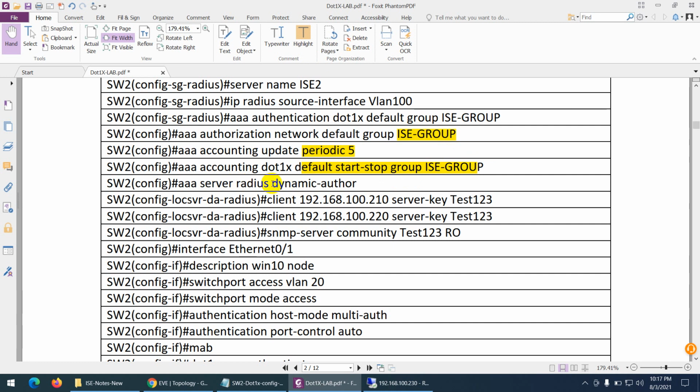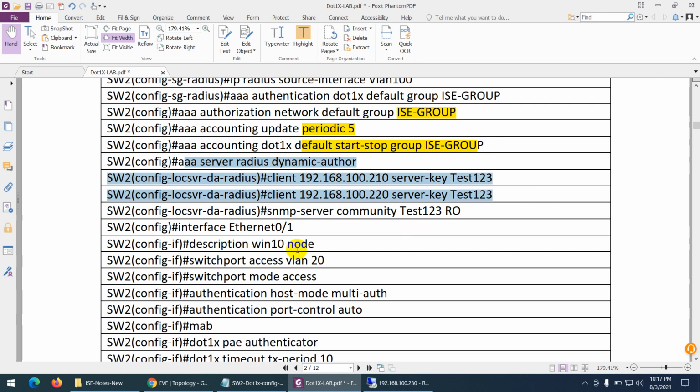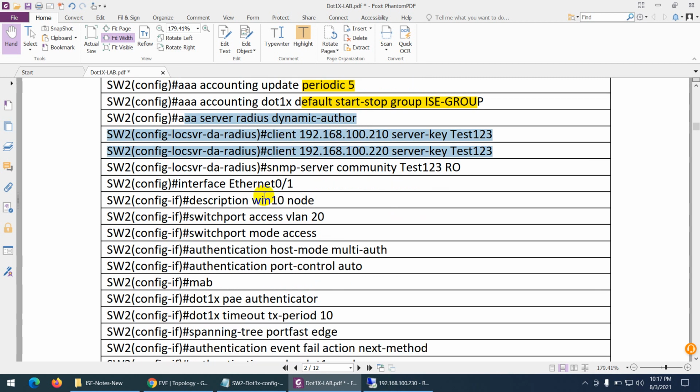Then radius dynamic-author, I will explain it later, by the way, leave this one. Basically you give authorization to ISE to change and shut down the port, or to take action on the switch. So this is a separate thing. Anyway, I enable this one, and I also enable SNMP. Why I need SNMP we will discuss in profiling, but anyway I enable it here, and the same test123 is